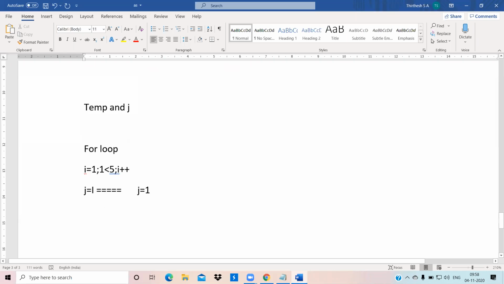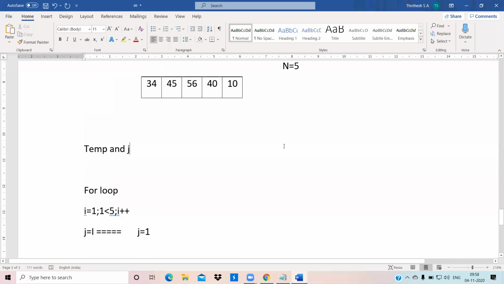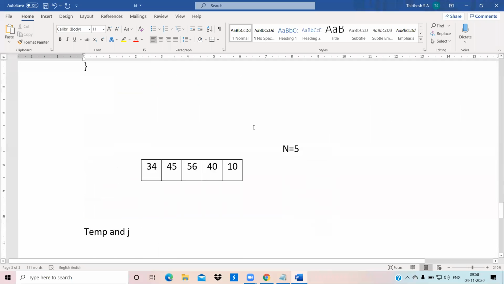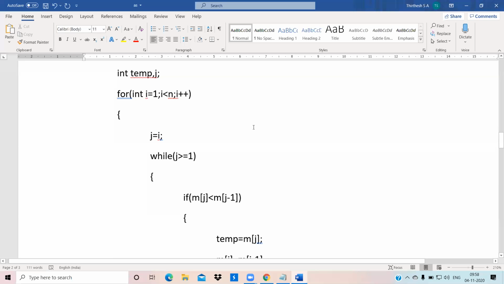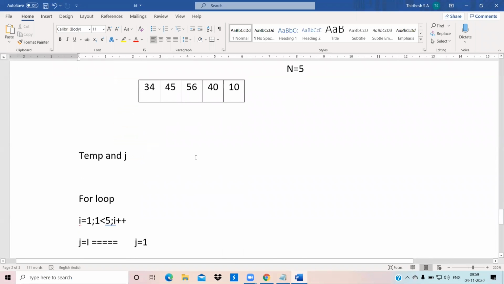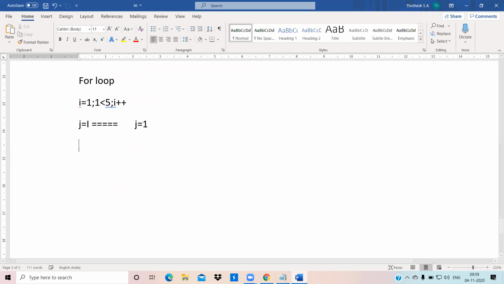Okay, now what happens now? While j is greater than or equals to 1, which means 1 greater than or equals to 1, it is satisfied. It is true, right? 1 greater than or equals to 1, it is true. Wait a second.